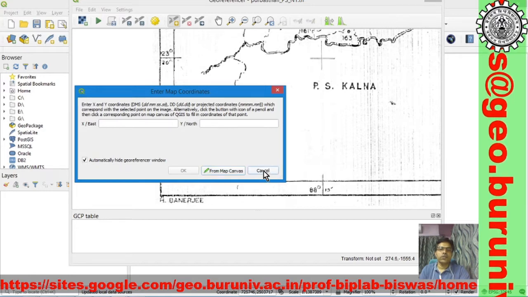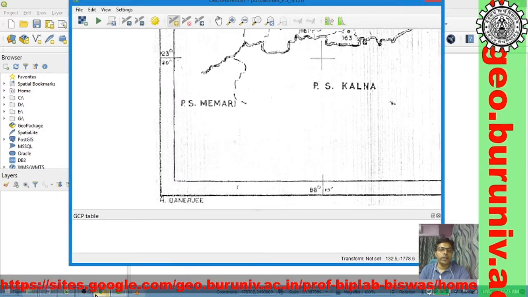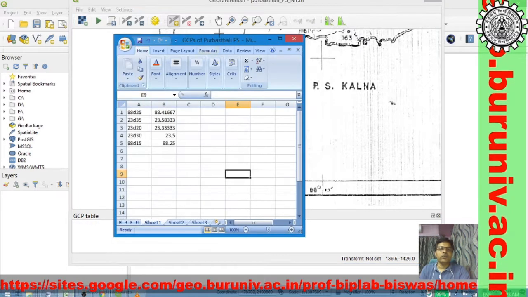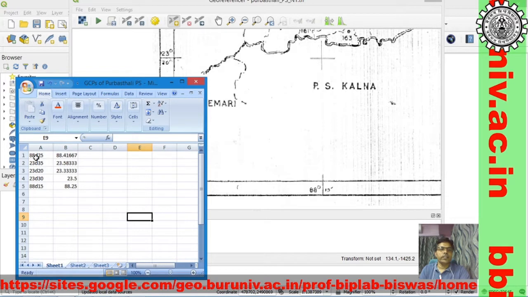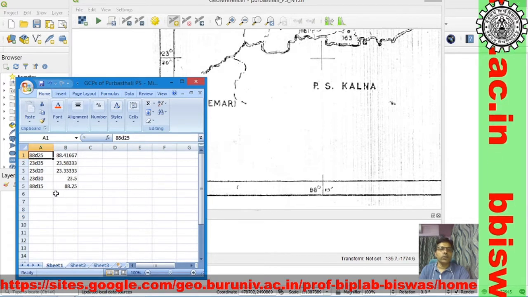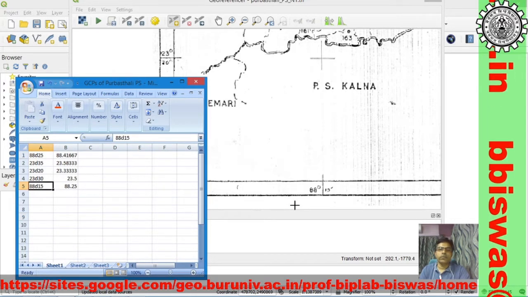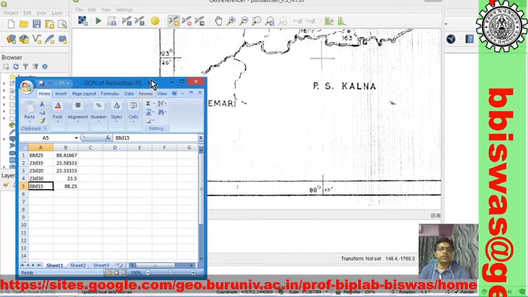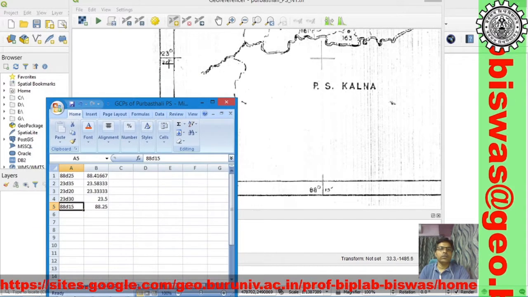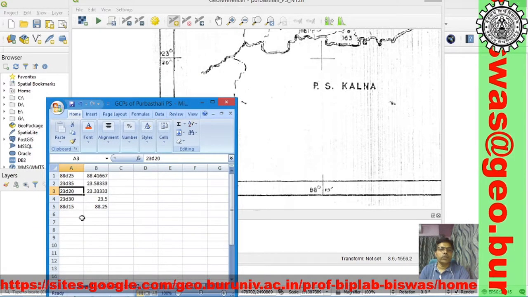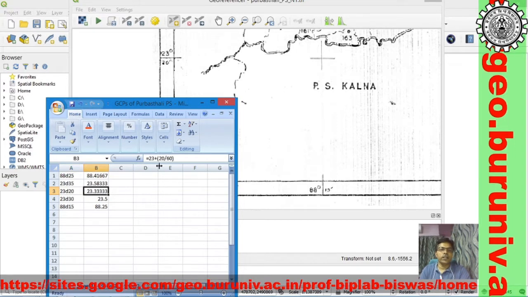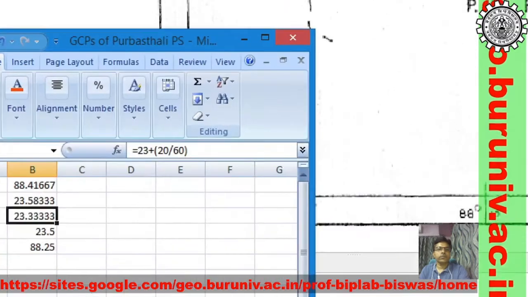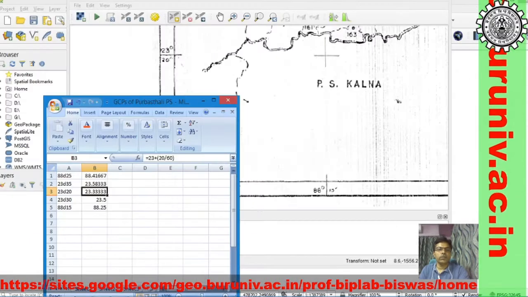So first we open the Excel table and we can insert 88 degree 15 minutes and 23 degree 20 minutes. So what I did, I converted this data into degree decimal.